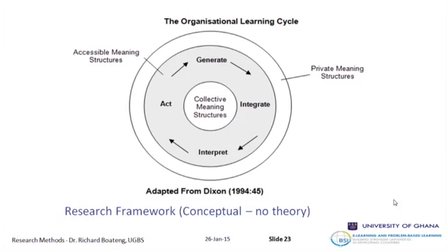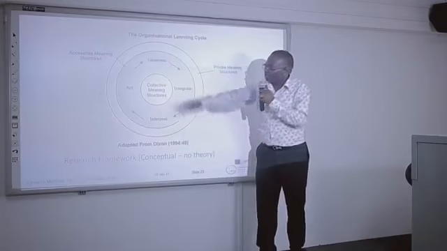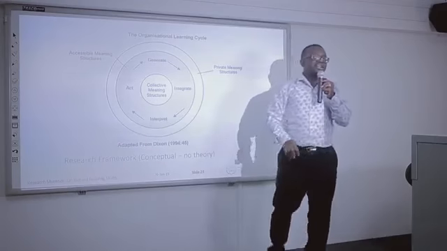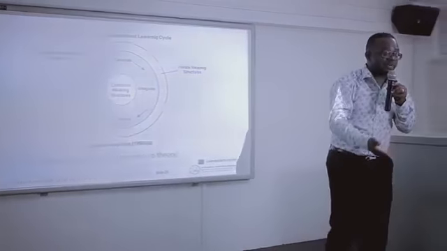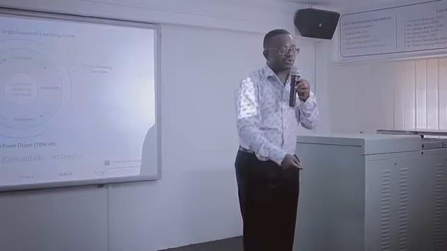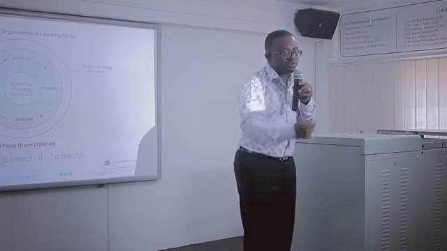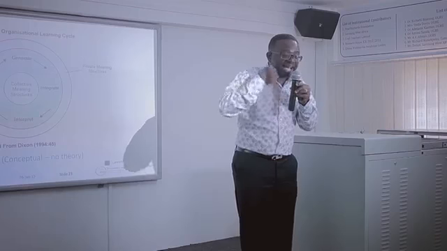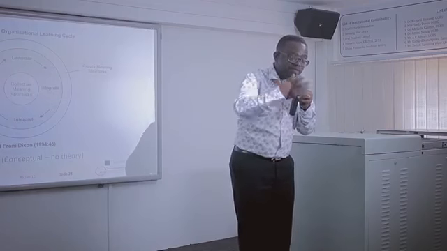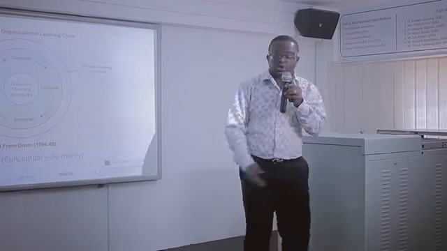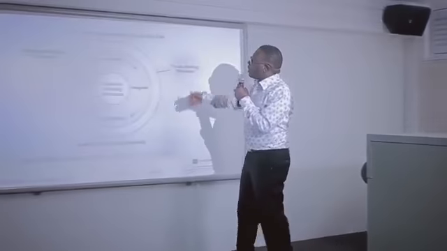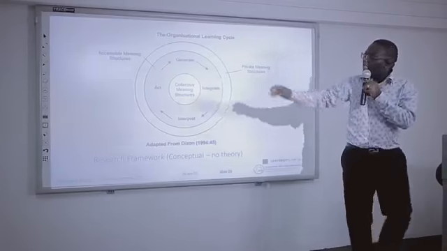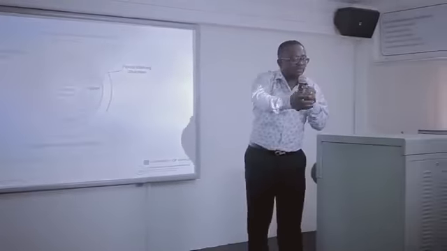So learning occurs in the accessibility of meaning structures. So when you make it accessible, and how do you make it accessible? Through these 4 steps. When you make more meaning accessible, people can learn, which is true. I make my meaning accessible by giving you a book or this video for you to listen to. So learning lies in the accessibility of what? Meaning or knowledge. So according to the meaning structures, the more you make meanings accessible to others, learning